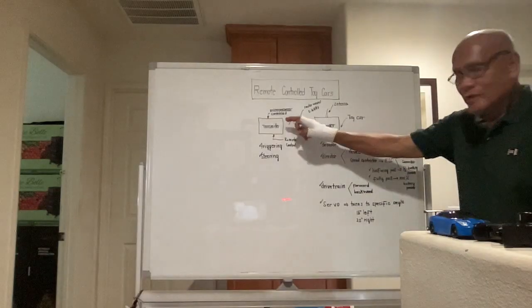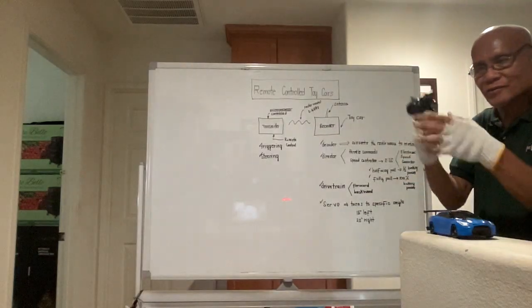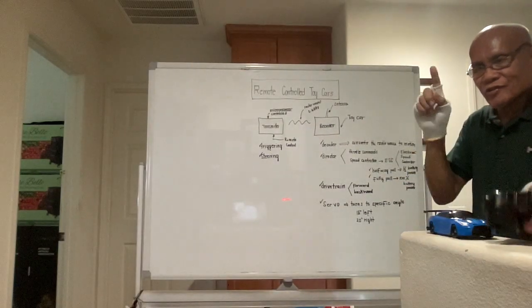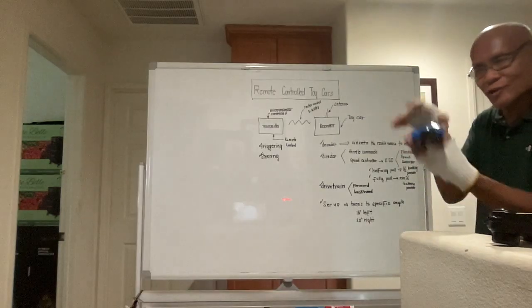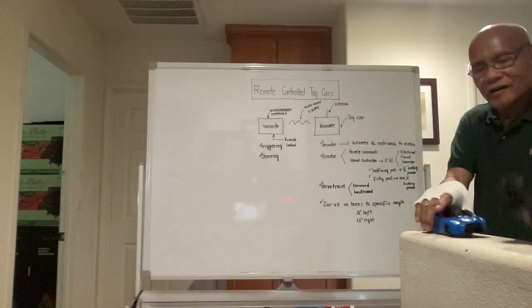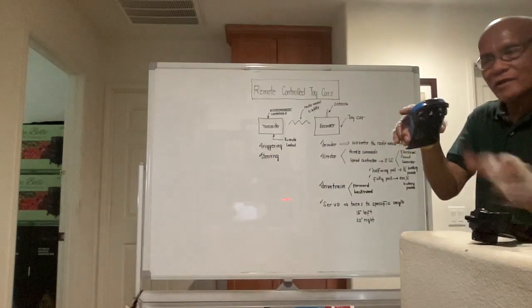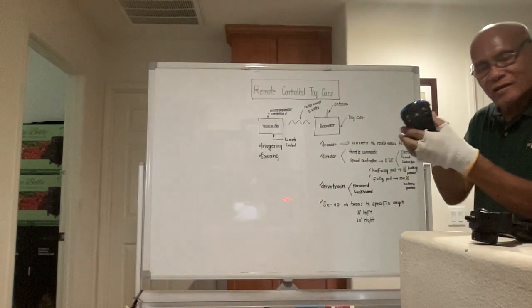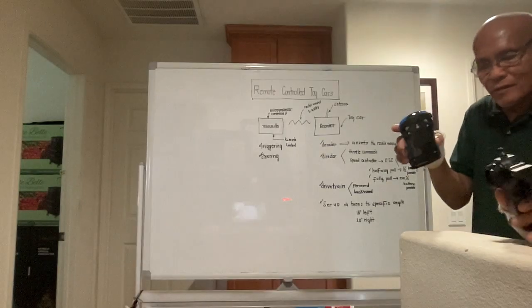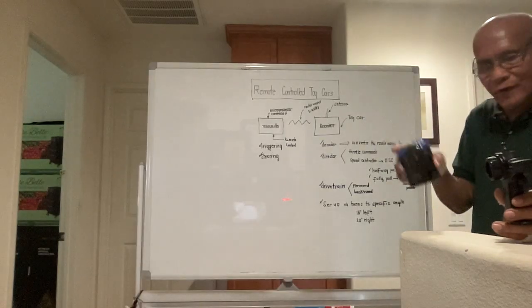There should be a transmitter. This is the transmitter. There should be a receiver. The receiver is the toy car itself. This one has a microprocessor, and this one also has a microprocessor. So for this toy car here to operate,